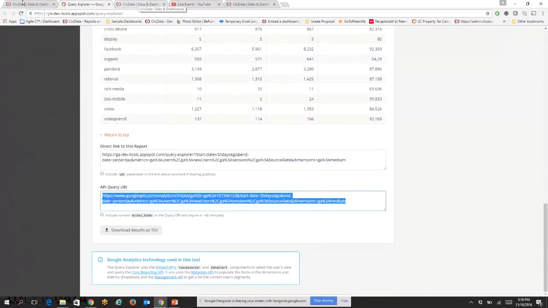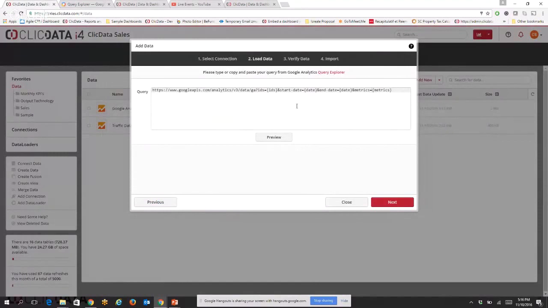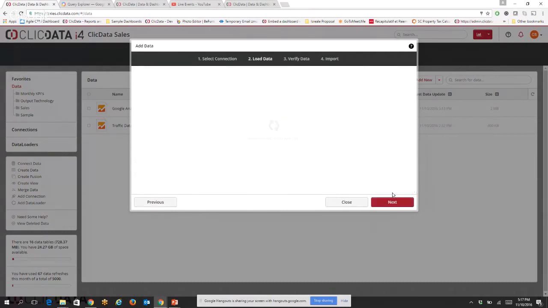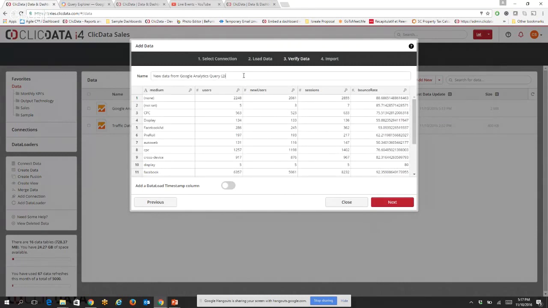Once you have copied this URL, go back to ClicData and paste this URL right here and click on Preview. Now the table that you've already created using the query language is imported to ClicData. It's a one-time process. You click Next, give a name to your data set. So this is my traffic data